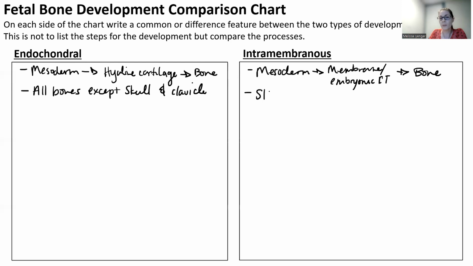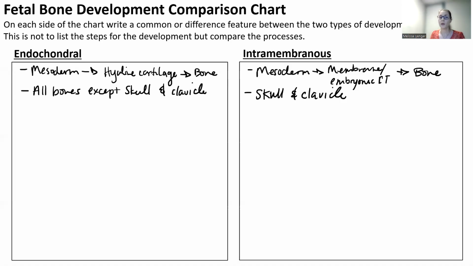That means intramembranous creates the skull and the clavicle. And remember what I said in class, the brain has to have a nice area to grow and expand in. You want that to be a little bit more flexible and less rigid, and cartilage is going to be more rigid. So let's go through the process of endochondral and intramembranous ossification